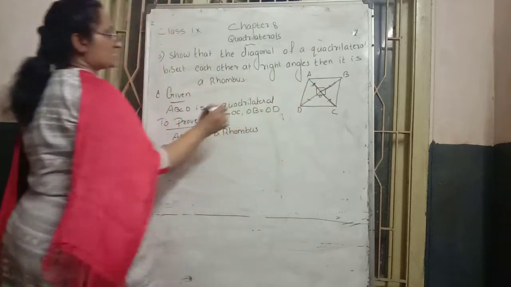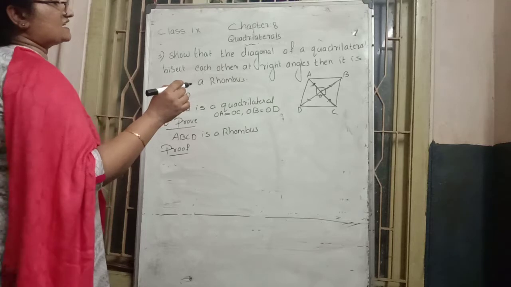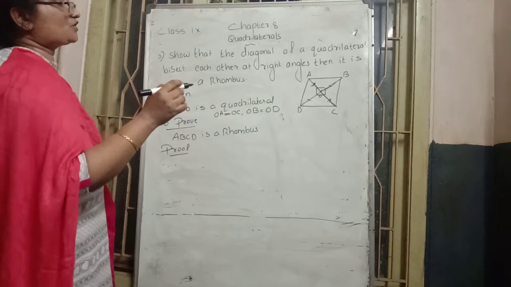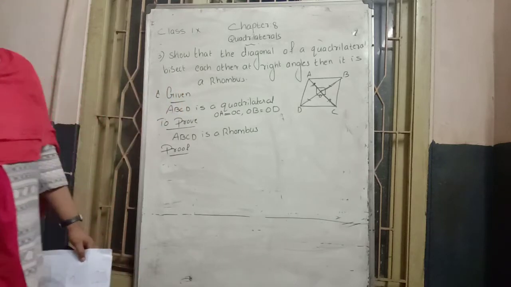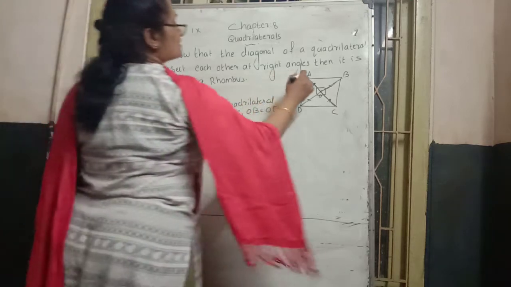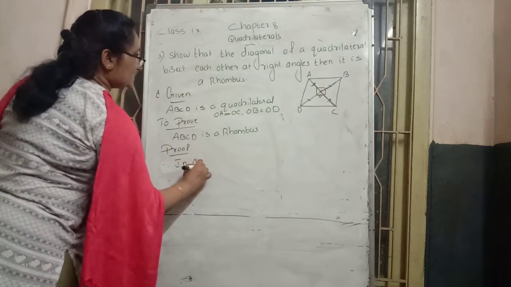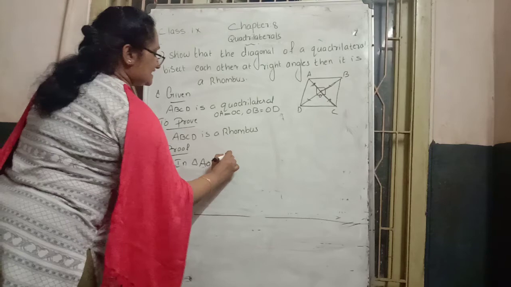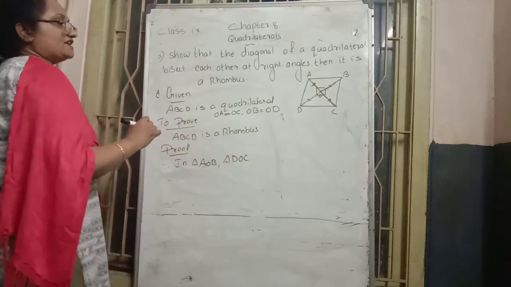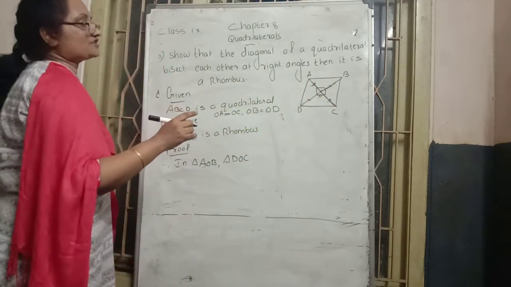That instruction we can also write in the given place. Next, first we consider any two triangles and prove that the two triangles become congruent triangles. Which two triangles can we consider here? We can consider the upper and lower triangles: first triangle AOB and second triangle DOC. What are the three conditions with respect to these two triangles?